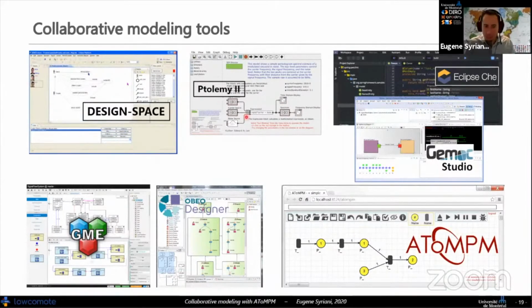In Ptolemy, at least the second version, you can design and execute heterogeneous modeling languages. So the collaboration is done at the language level. They don't have multi-user support, but they can have multi-language support, and therefore, by extension, multi-view support, but still with a single user. And then you have all the online Eclipse spin-offs, like Eclipse Che.